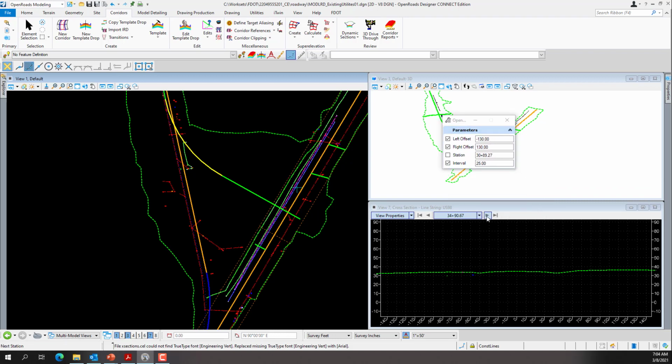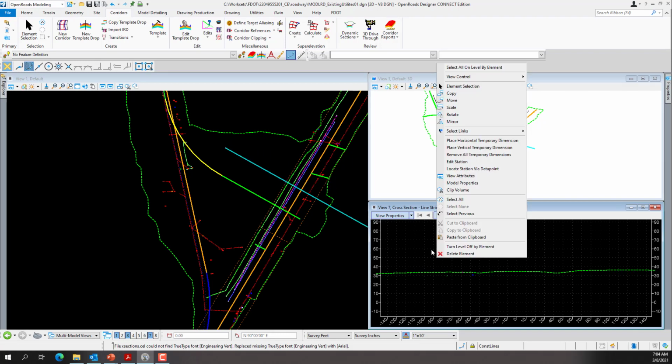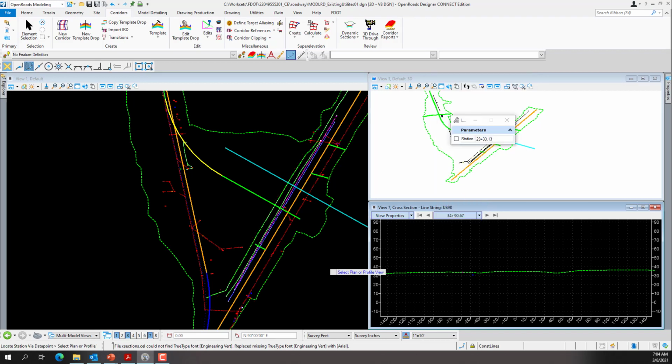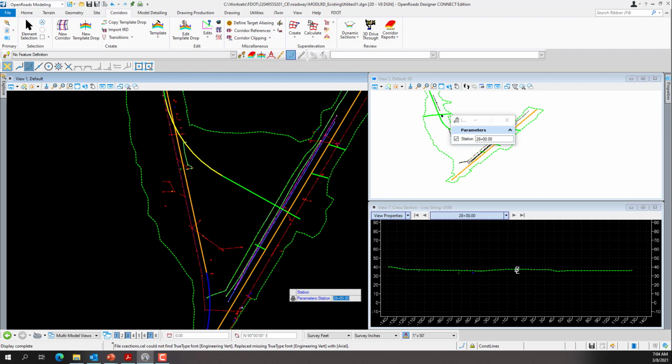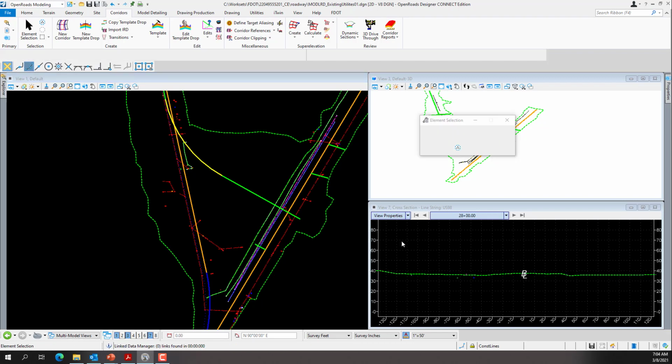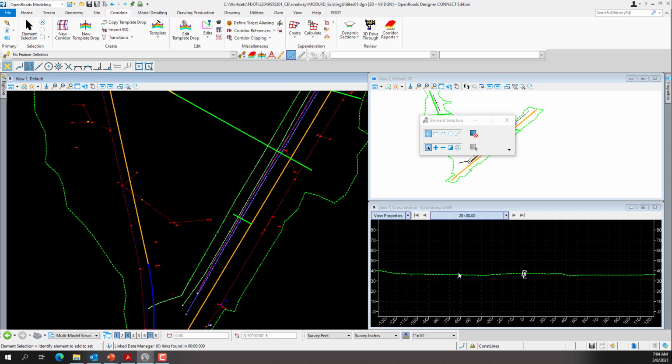So once we have that set up, you can right-click or just data point up in the cross-section navigation window, or work your way back. We can also right click and hold and locate station via data point. So we can select the plan or profile view. We want to select our plan view. And now we can track off and go to a specific station if we want to along the alignment. So say it was 28+00.0. We'll just type that in, and that'll take us right to that station. And then we can see what our dynamic cross-section or utilities are doing at that cross-section.